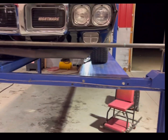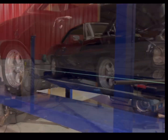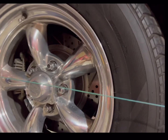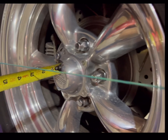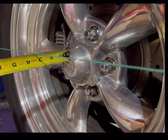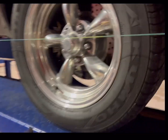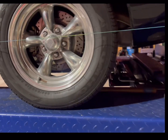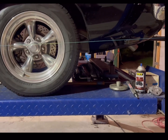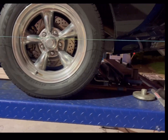And then at that point, we're going to take the tape measure and we're going to measure from hubcap to hubcap. I like to start in the rear because the rear is not as critical, but also it tends to work out better if you start in the rear. So right here, we're 3 3/8. We come around to the other side and we're going to get the same thing, 3 3/8. So at this point, which of course I've adjusted this thing for 20 minutes, I've gotten these both 3 3/8. Typically just get those rough, get those close to each other,